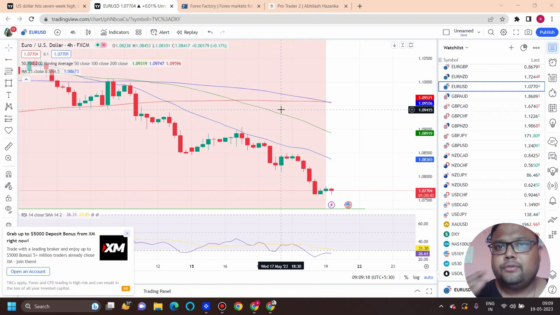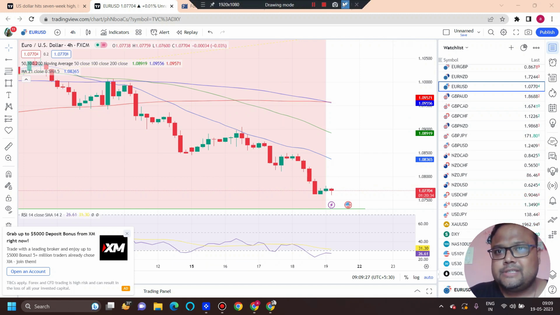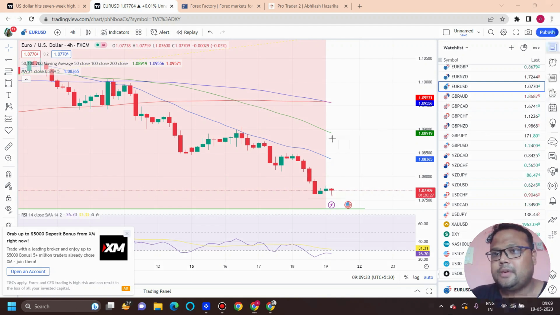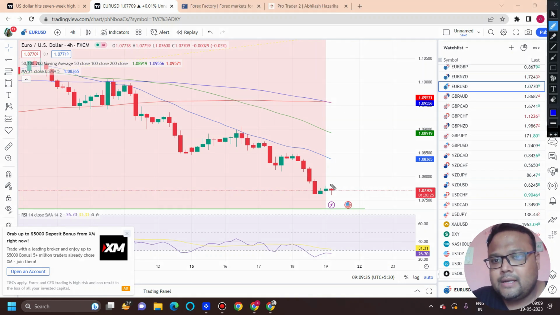So after news, try to follow the trend of the market if you want to trade. If you see the market is going up and news is good, then you can follow the trend of the market instead of looking for reversals. And before news, if you see that market is also going down, then obviously, if the market does not have the strength to go up, it will be going down. Then also you can take a sell position below the